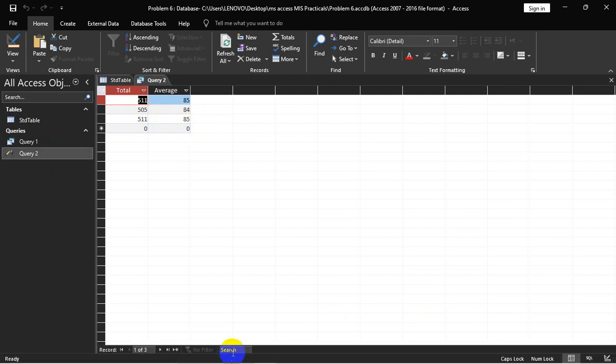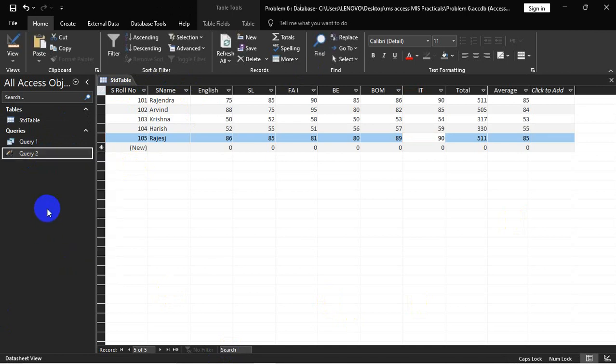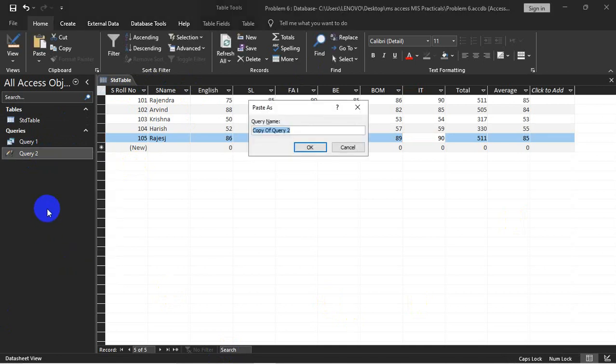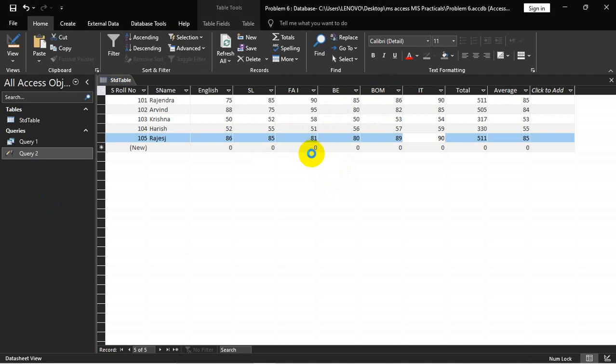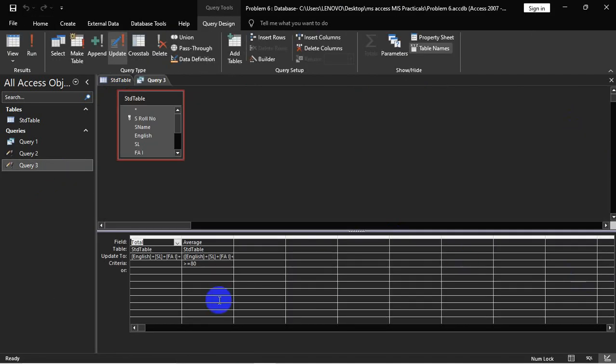Now the third query you have to solve. You copy this one, paste it over here. You can say query 3. You just go to query design.